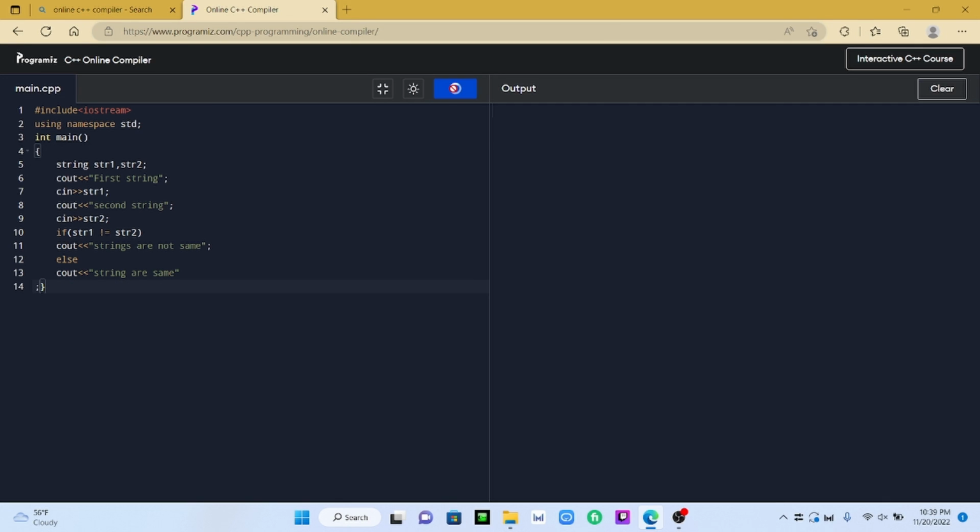As you can see, if I go and run it, it's asking for my first string. And if I enter a different string, it is telling me that my strings are not same using the not equals to operator. And as you can see, if I write both tigers, it is telling me that my strings are same. That's how you can check if your strings are same or not by using the not equals to